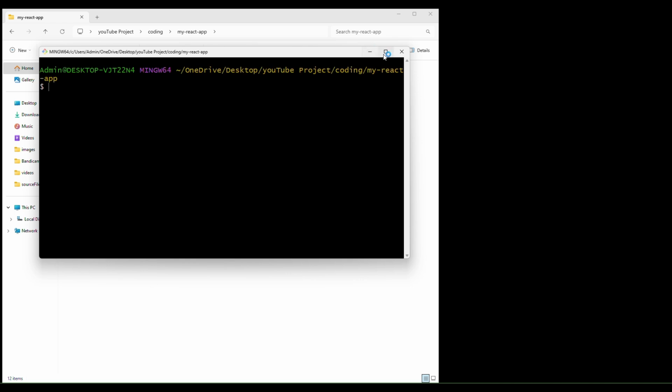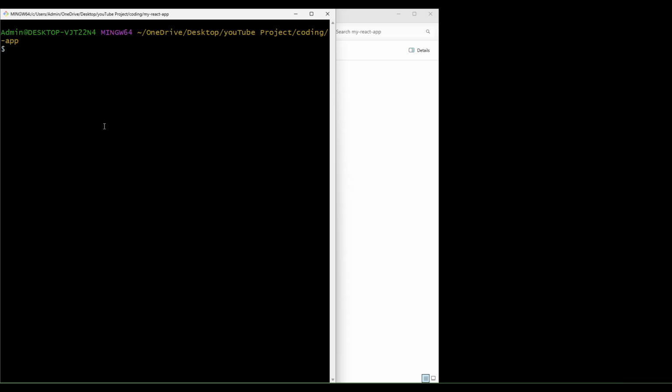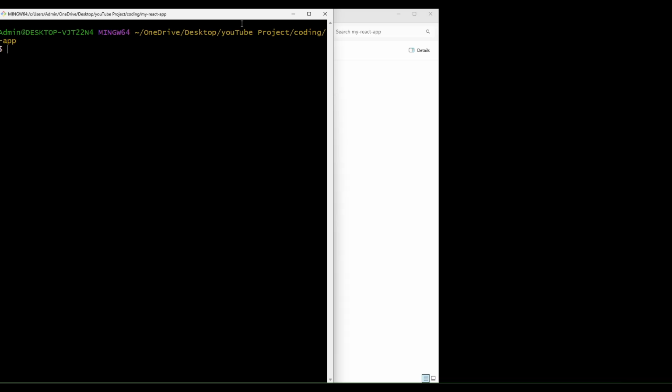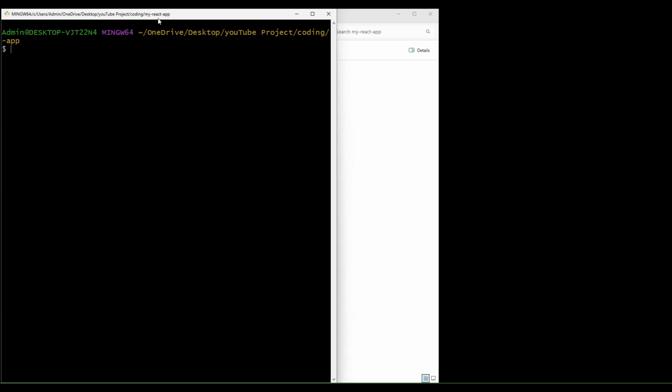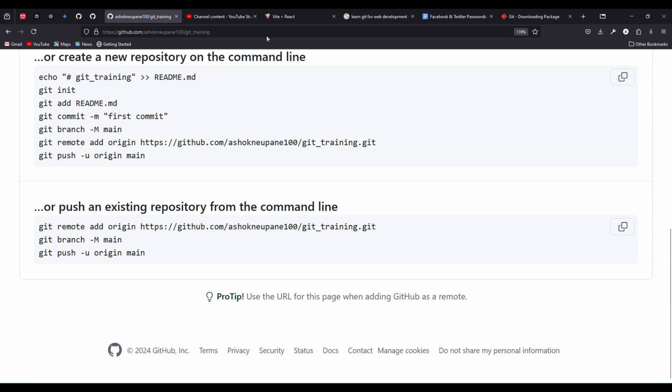Yes, we can see the Git Bash on here. With this Git Bash you can push all your files to GitHub. Right now there is nothing on here, just this thing.